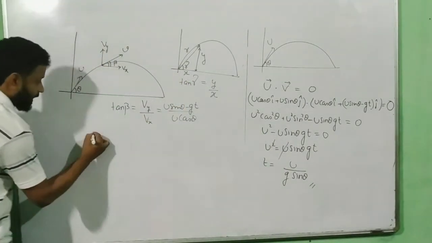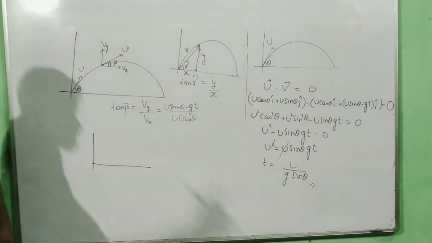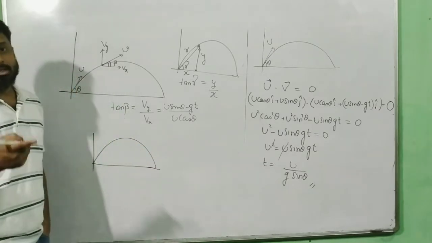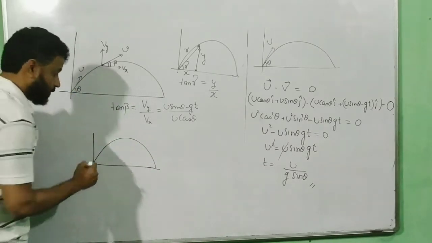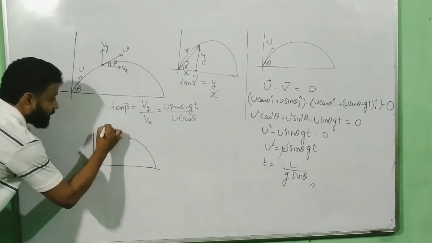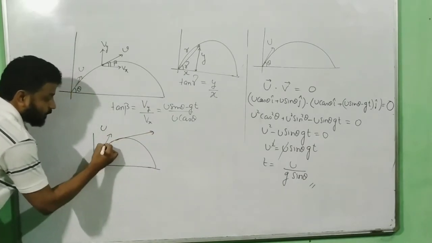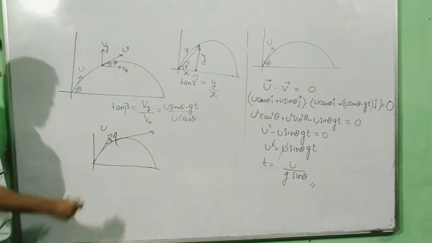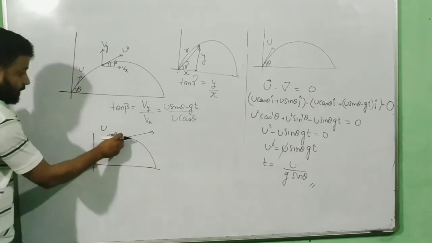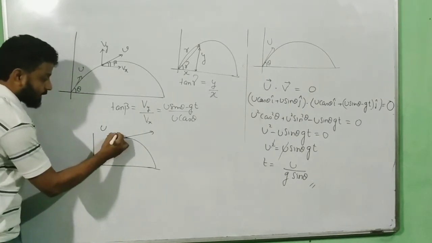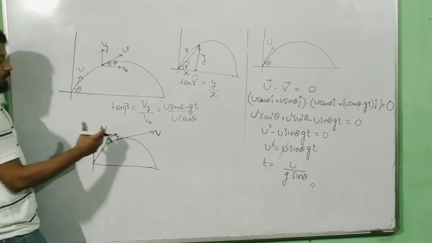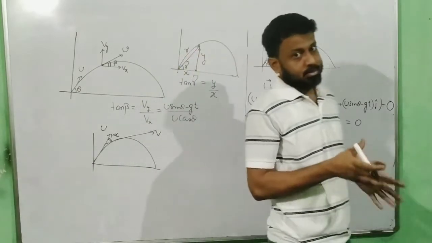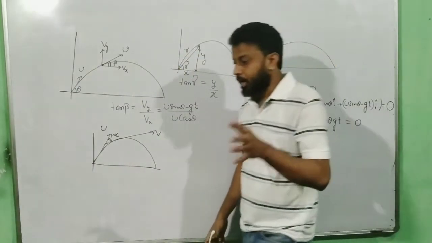What I have just taught is the angle between two vectors, not with the horizontal. Those two vectors can be two velocity vectors, or an acceleration vector and a velocity vector. If this is my u vector and this is my v vector, then you extrapolate them and they make some angle, which I choose as alpha. I can find alpha using the dot product. So when they ask you to find the angle between two vectors, rely on the dot product.